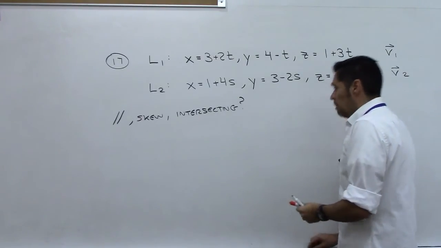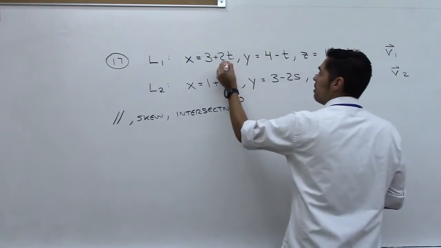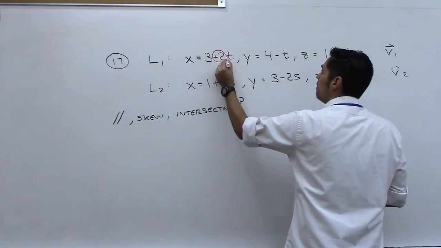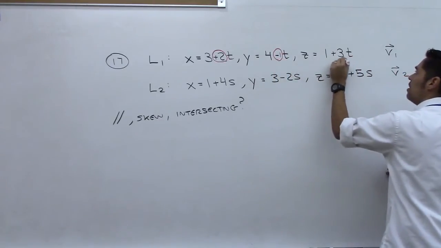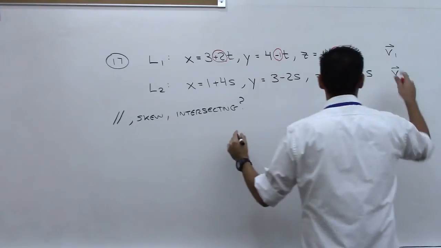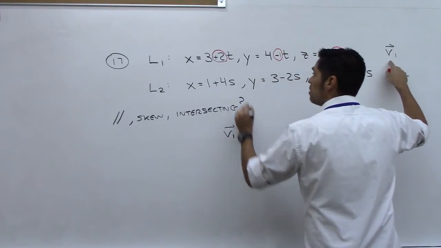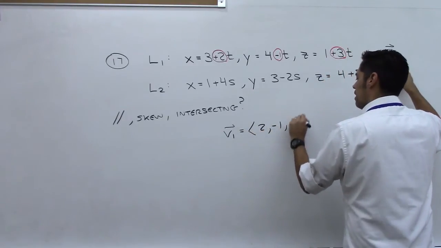And from what we've done in the past, we know that the direction vector comes from the coefficients of the variable in the parametric equation. So the 2 here, there's a -1, and then in front of this t we've got a +3. So what I can say is that the direction of line 1